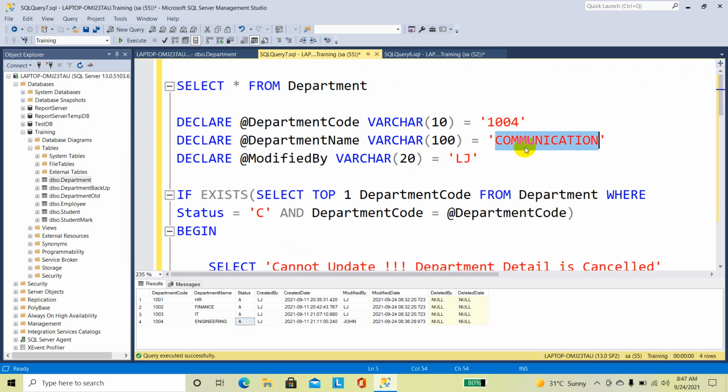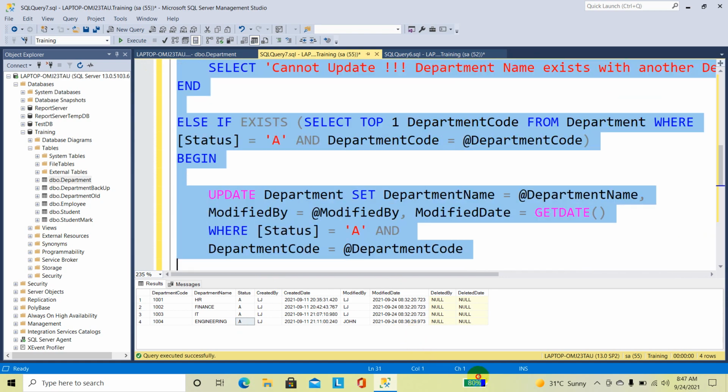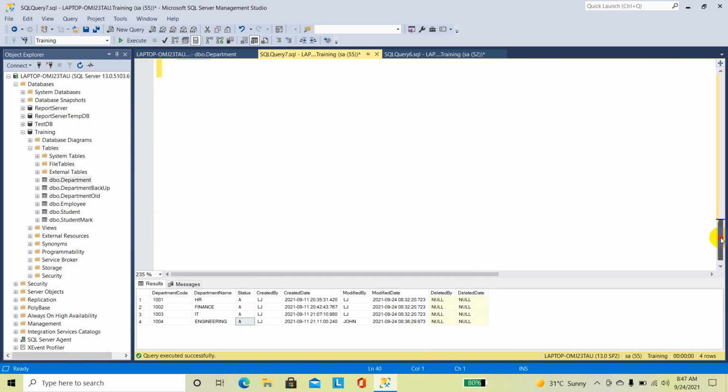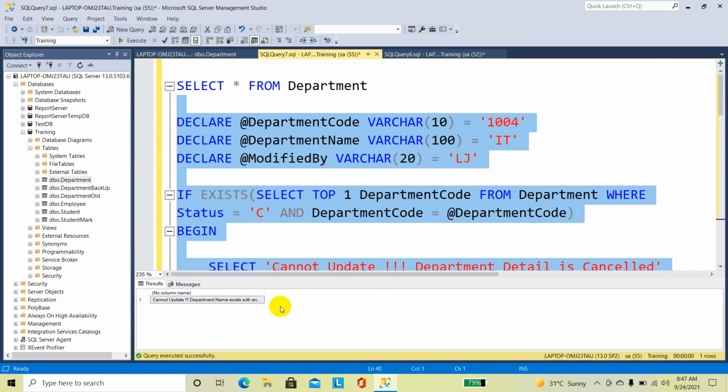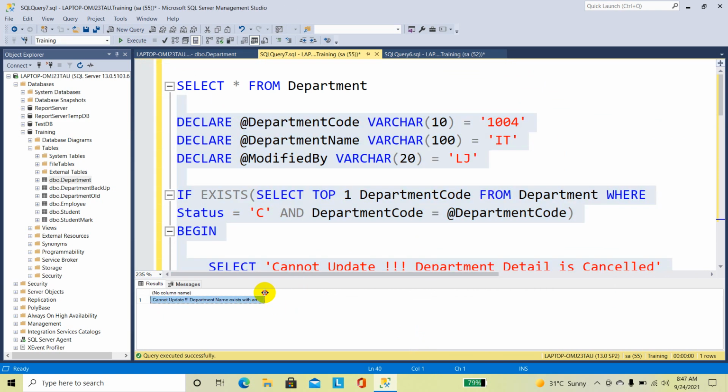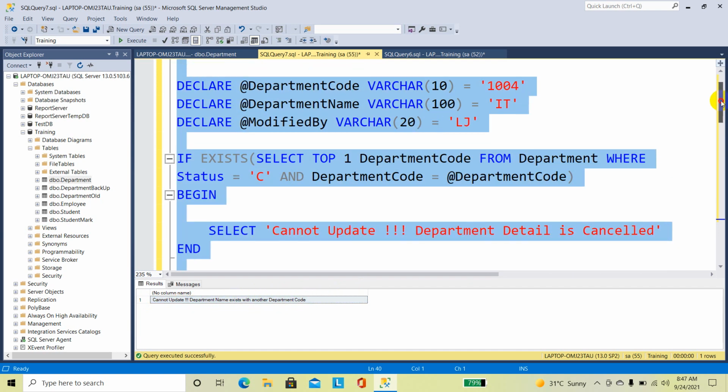Now instead of communication I am going to give IT, and select all the statements and execute. Now you can see another message. Cannot update, department name exists with another department code.